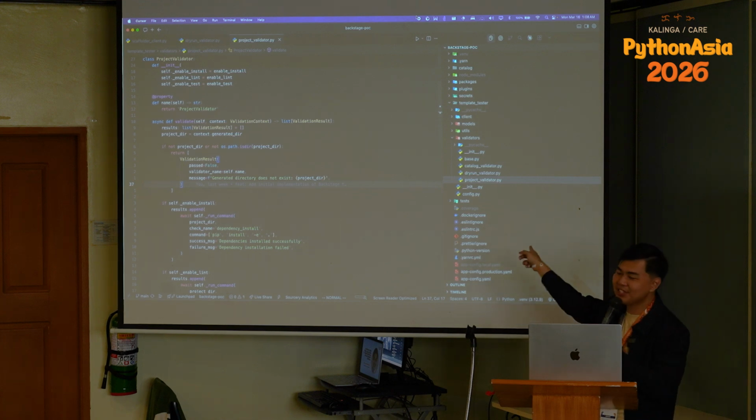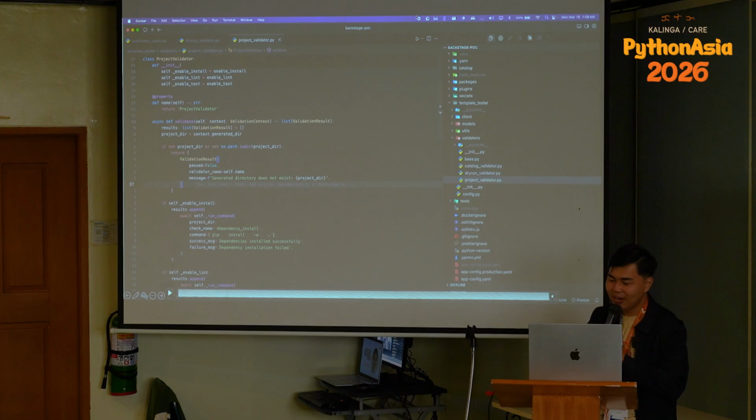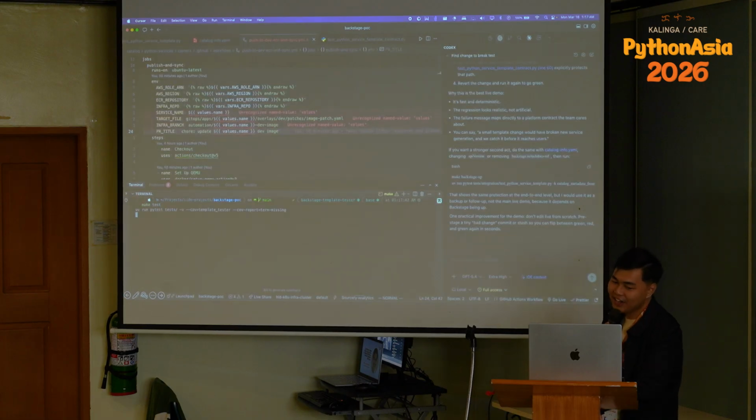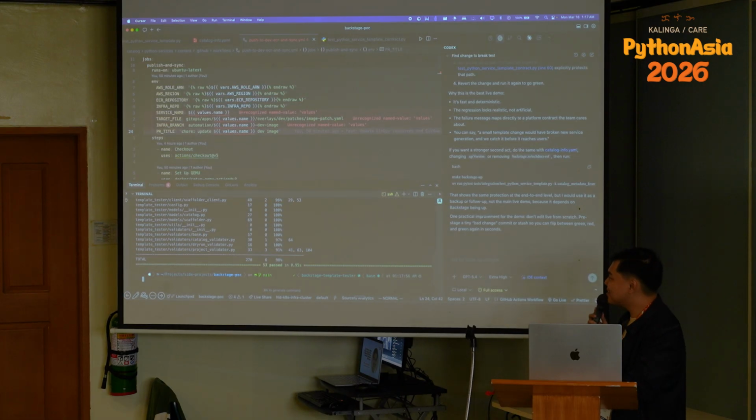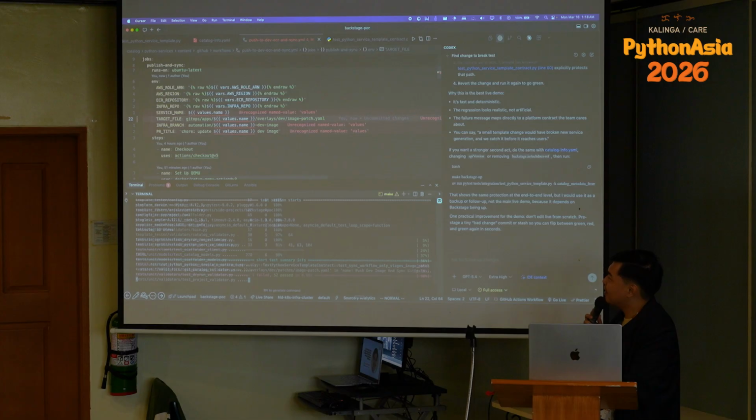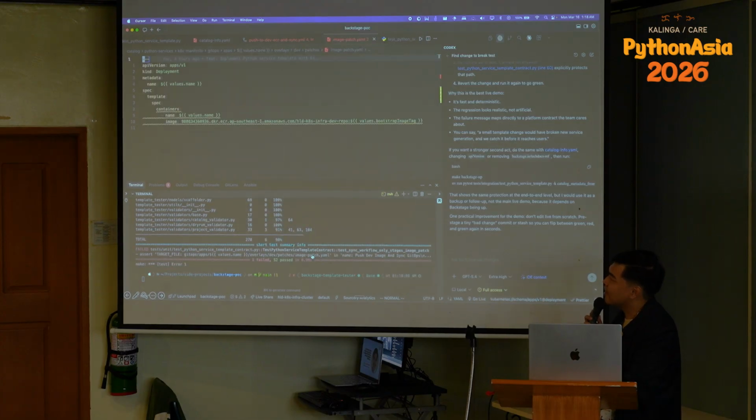And from that, we can now create a test suite for this with just PyTest that depends on this template tester module. So putting this in action, we can just run PyTest on the entire test suite that we have pre-configured. And let's say, for example, we want to simulate a drift. We want to change the path of this module, and now it throws an error.